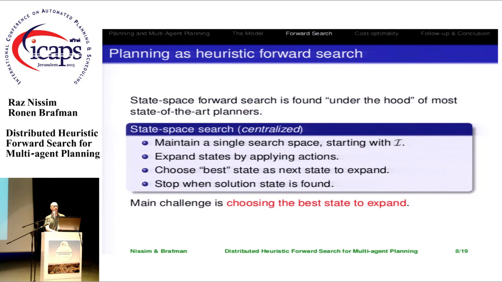So in the centralized case, we maintain a single search space. We start with the initial state. We expand states using actions, and we choose the best state that we see as the next state to expand, and stop when a solution is found. The main challenge here is choosing the best state, and we use complicated heuristics to do this. But that's the basic